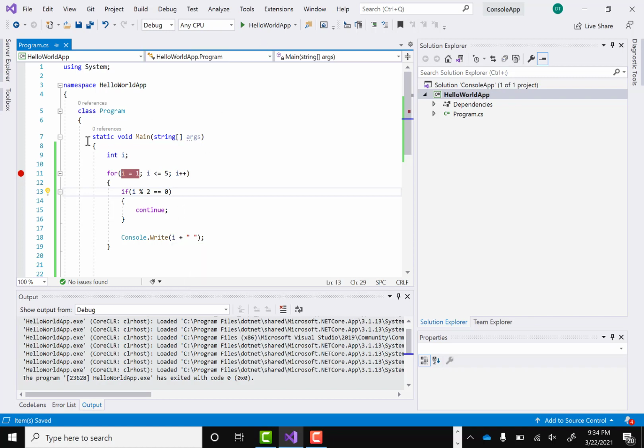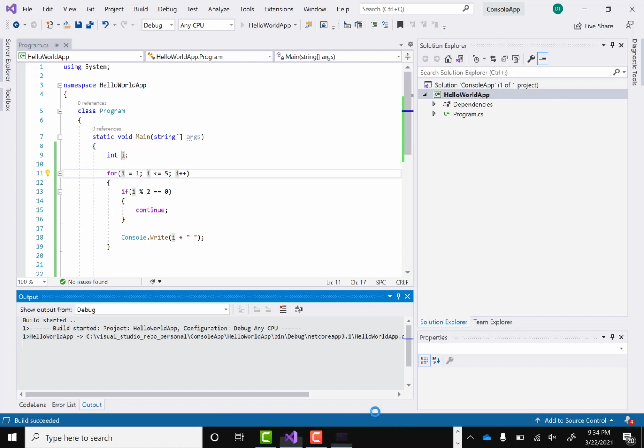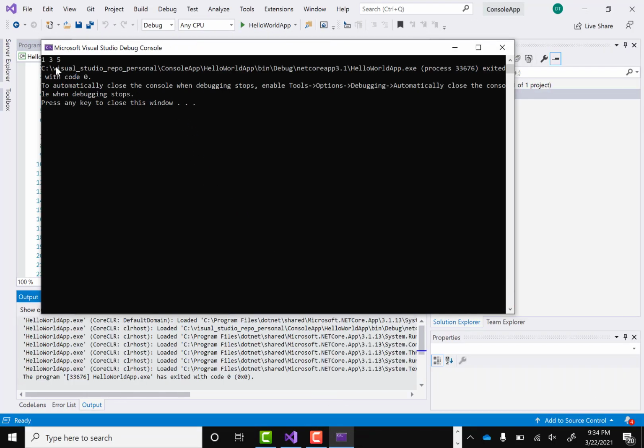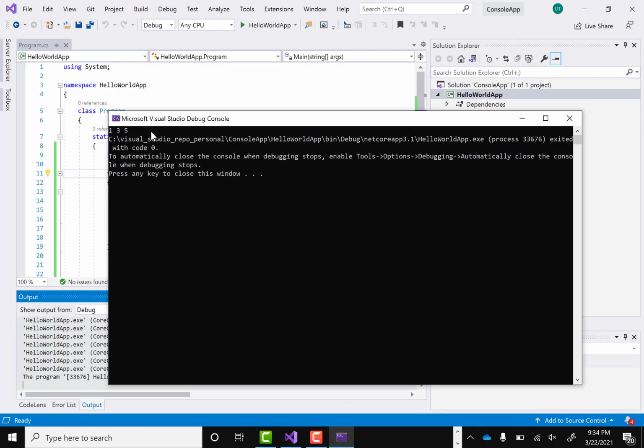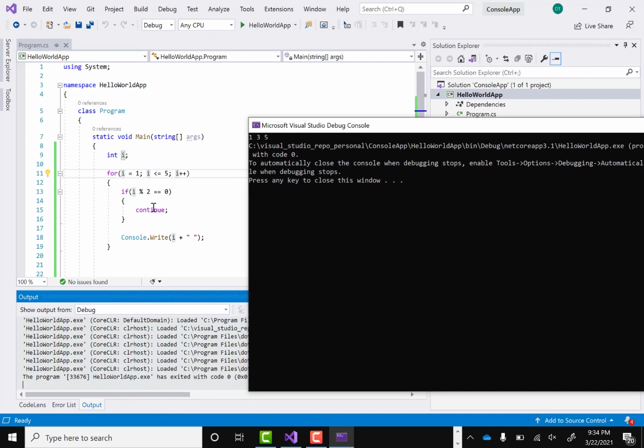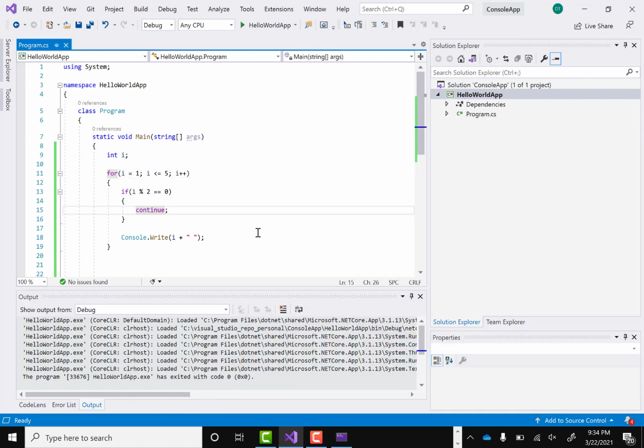print the value. And let's say I remove the debug point, and then you can see, let it execute. So it will only print 1, 3, 5 because for the even case we have said continue, right? So this is how it happens for the break and continue statement. So that's what we saw in the for loop.